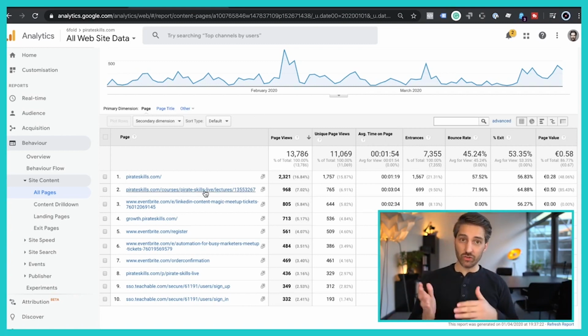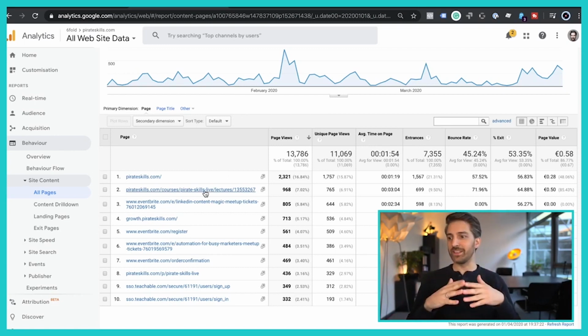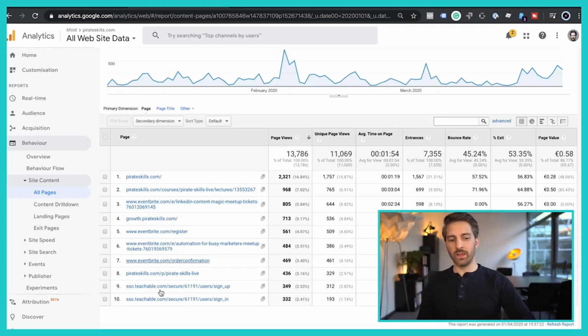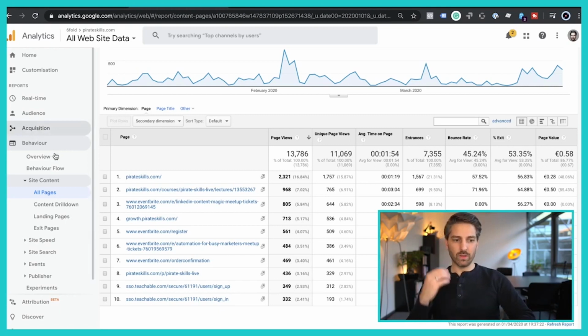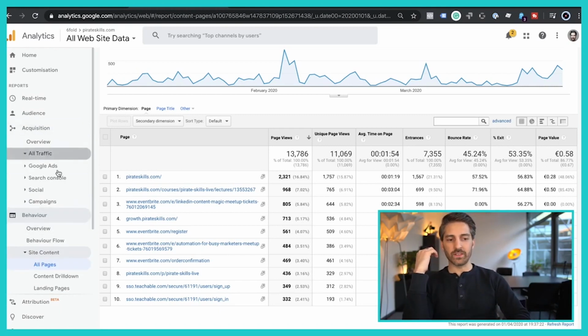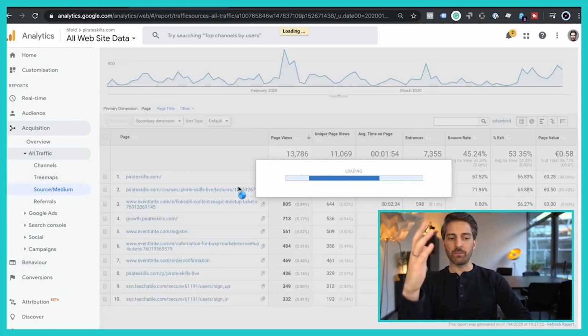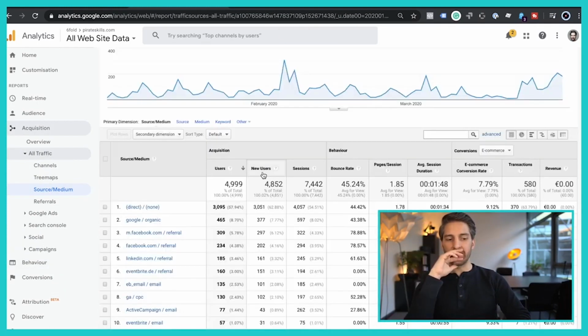This is a lecture, the content, the LinkedIn content magic one. And you can see that there are also the Eventbrite URLs. So I implemented Google Analytics not only on my own website, but on Eventbrite, on meetup.com. And you can see that here. But let's say you want to go to your traffic sources and ask the questions, where did people come from a specific